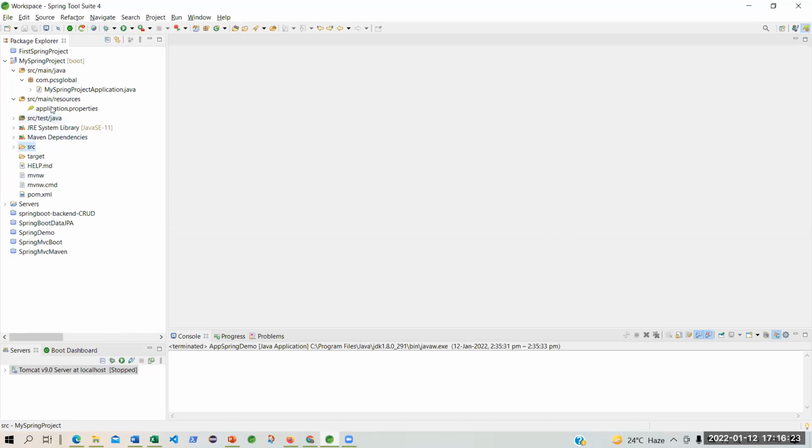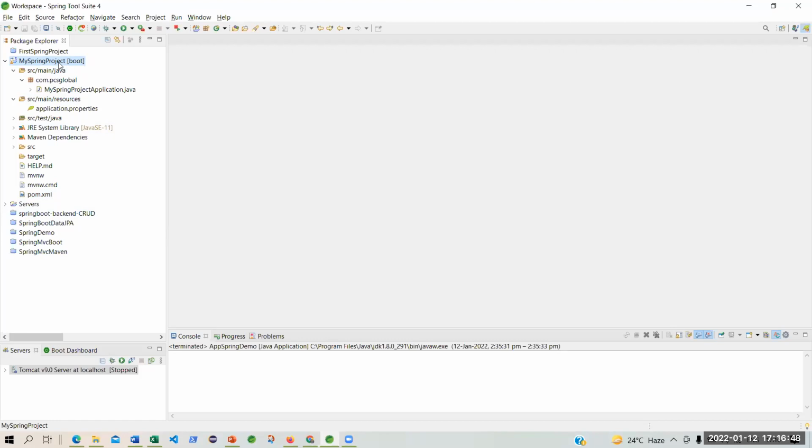Under src main java, there is the pom.xml. After all, this Spring project is also a Maven project, because you remember when we were creating this project, there was Maven. Maven is a build utility.